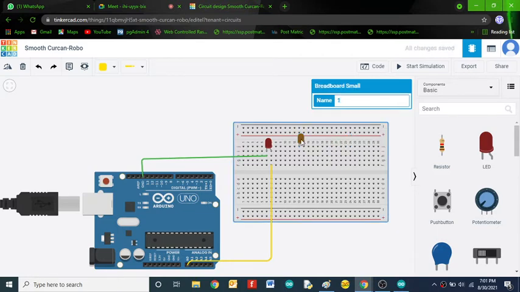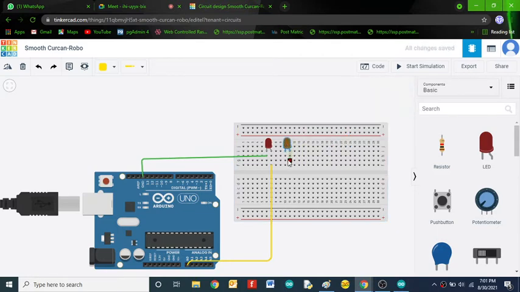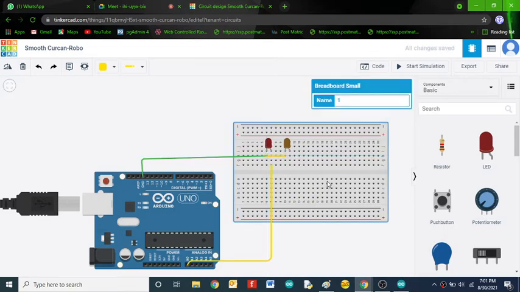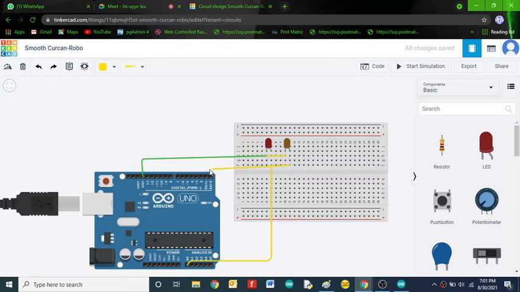Now I will connect the negative to ground. This is the ground pin. Then I will connect this positive terminal to the 12th pin.